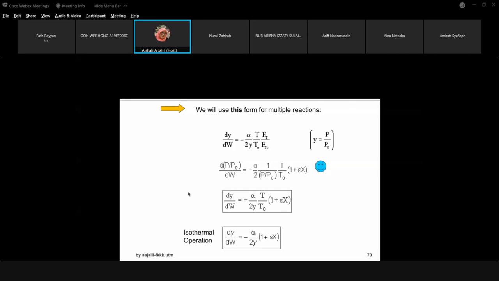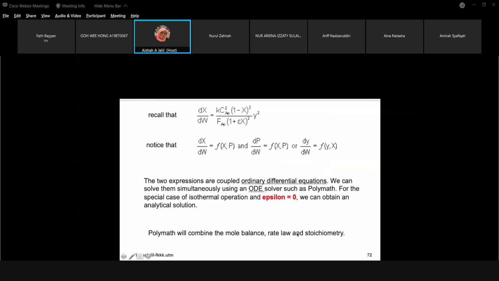You can only calculate it when the epsilon becomes zero. Other than that, you cannot calculate. You have to use the Polymath. So in the exam and test,